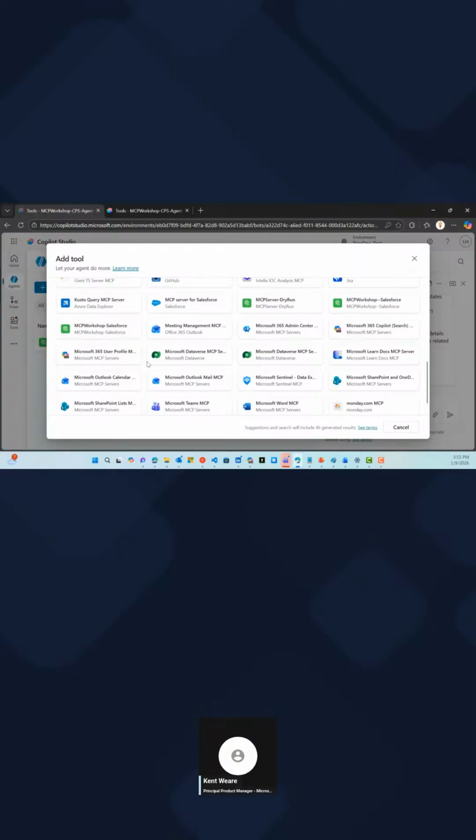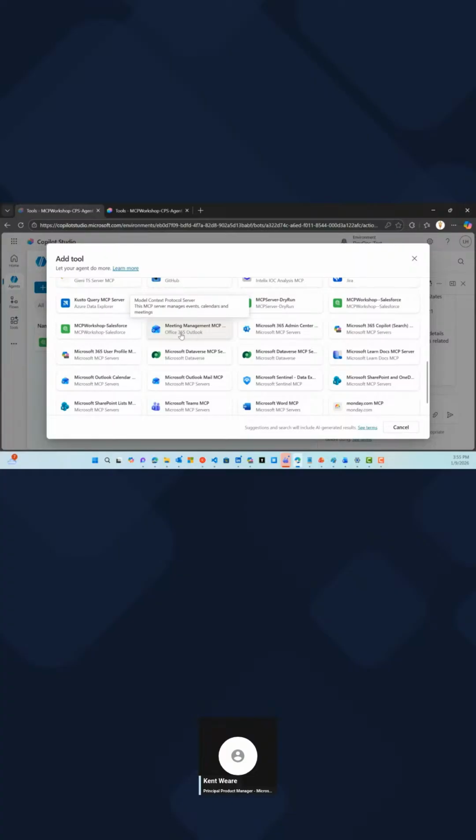Now the question becomes, when do I want to use these versus using a connector or an MCP server? I would say in general, you should use these first if you can, because these are going to be very specific, and it's going to be the least amount of work and the least amount of maintenance for you when possible. Now, there might be some situations where you want to enrich it, customize it, do your own grouping, and that's completely valid.